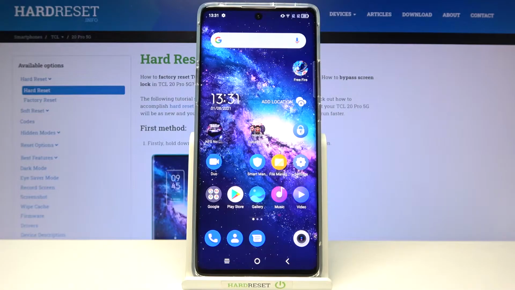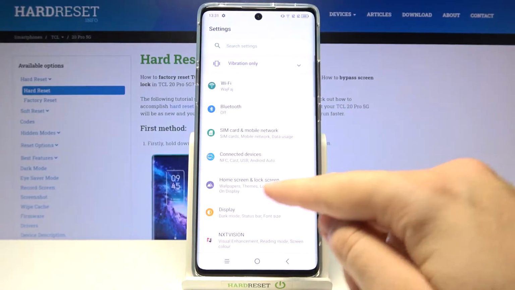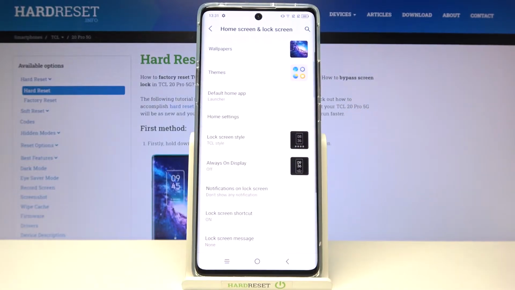Welcome, in front of me I have TCL 20 Pro, and today I'll show you how you can change your lock screen wallpaper. Go to the settings, right now click on the home screen and the lock screen, and tap